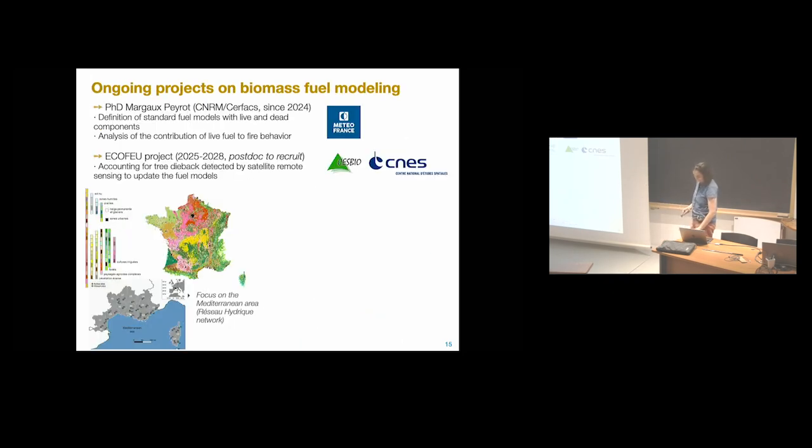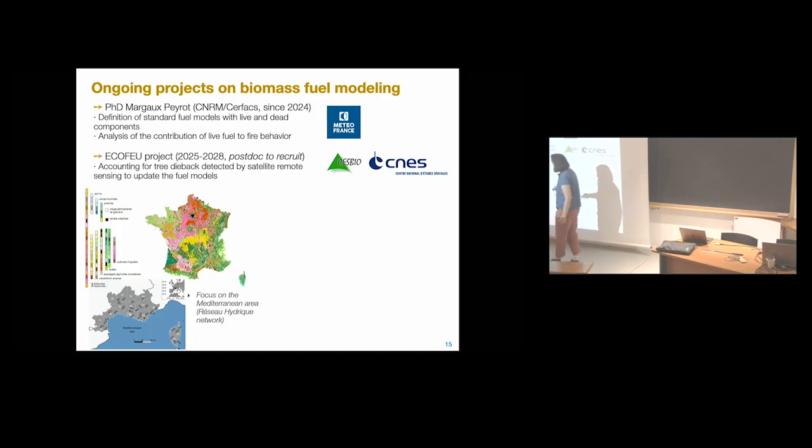Okay, so this is one part more on the model. And we have also now another component we are working on since last year with the start of the PhD of Margot Perrault, and also with a project that is just starting, which is to work on the inputs of the coupled model, and in particular on the biomass fuel modeling. So we would like to represent, so this is a map of the vegetation types as seen by Meso-NH or by SURFEX in the models of Météo-France. So this is at 300-meter resolution, and we have 19 different types of vegetation.